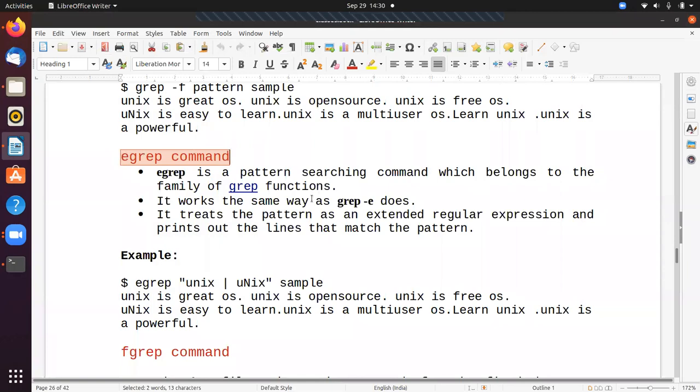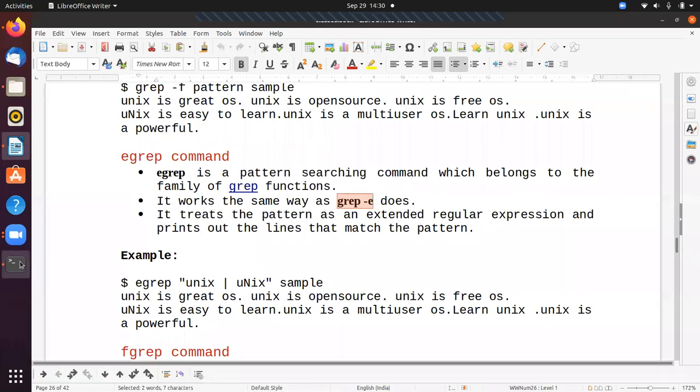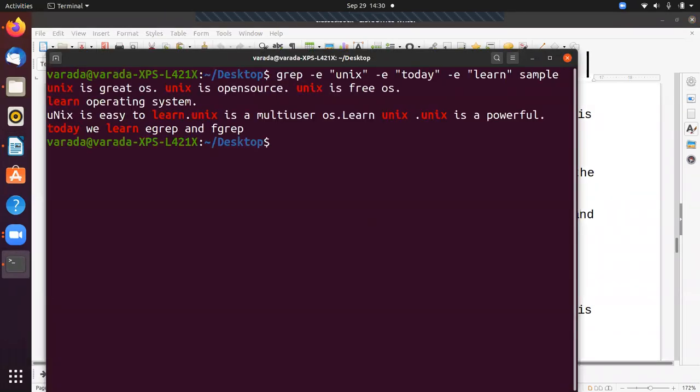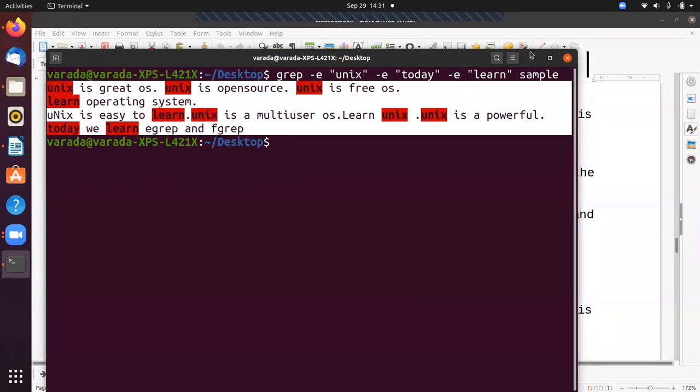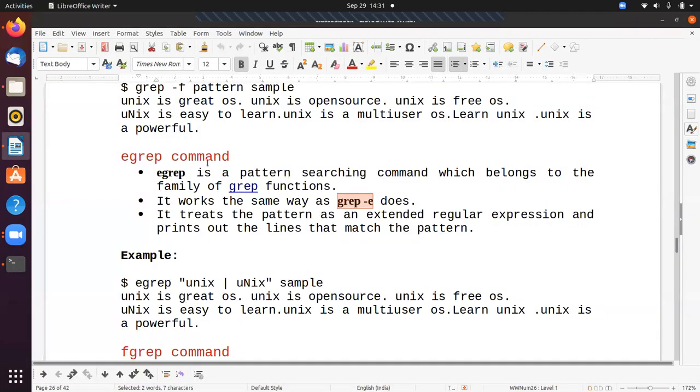So the output we get with the help of grep -e, we get the same output by using egrep instead. Egrep is a pattern searching command which belongs to the family of grep commands. It works the same way as grep -e does.